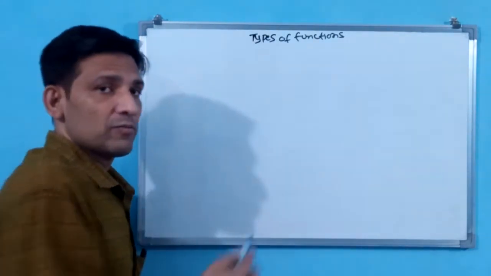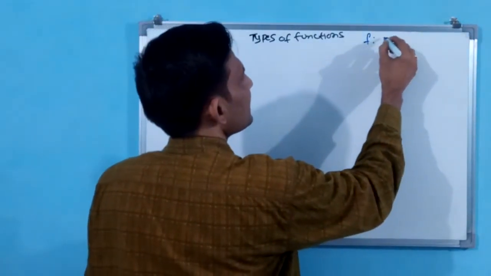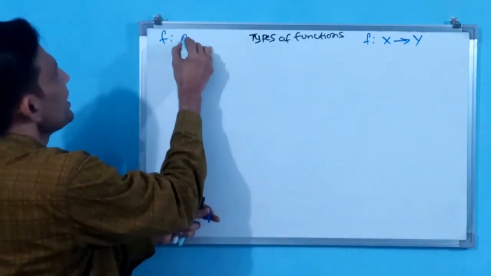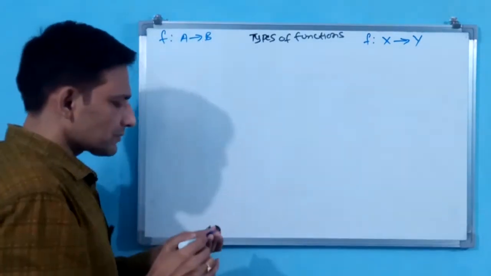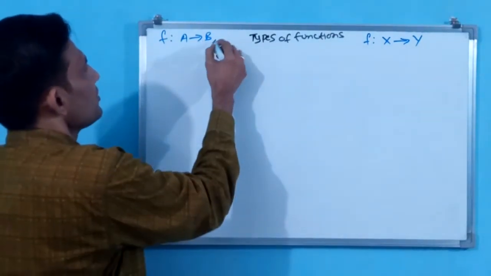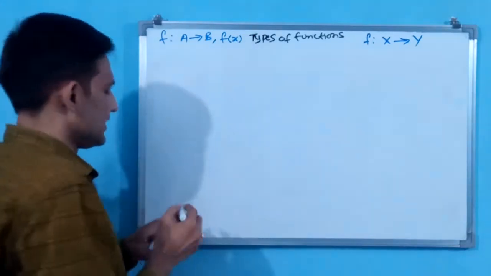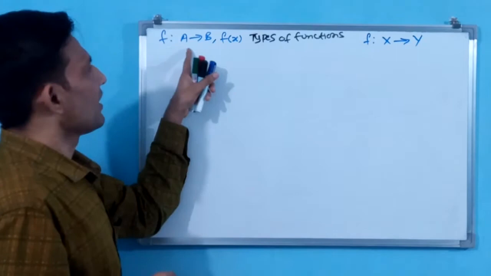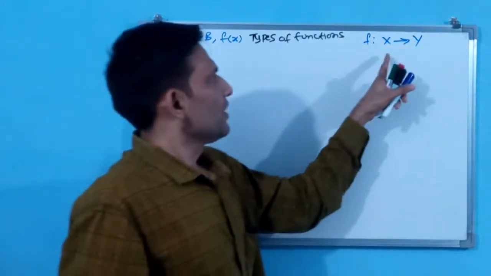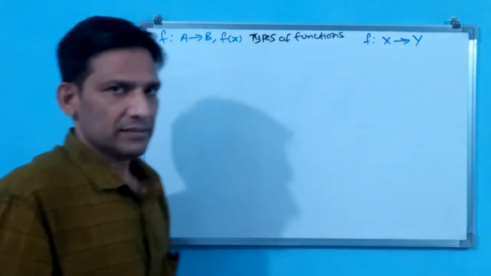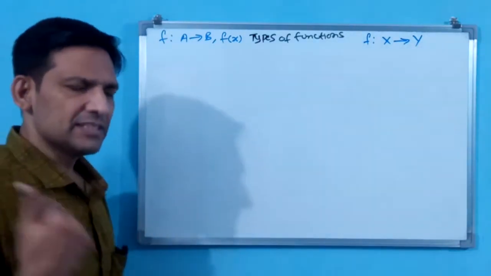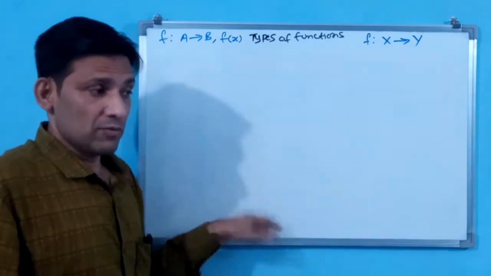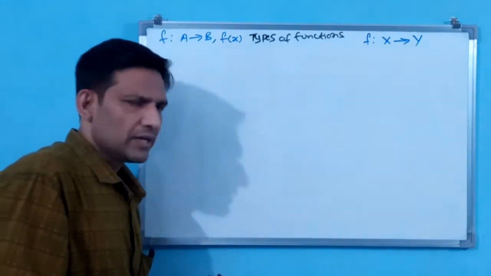And also, function we were showing like this: function x to y or function A to B. And also we will show f of x. Both we will show. f of x, also we show f colon A arrow B, A to B, x to y. Yeah, relation only. See, function is a relation only. X to y relation, like function x to y function. But we have to show an arrow diagram or something like that.